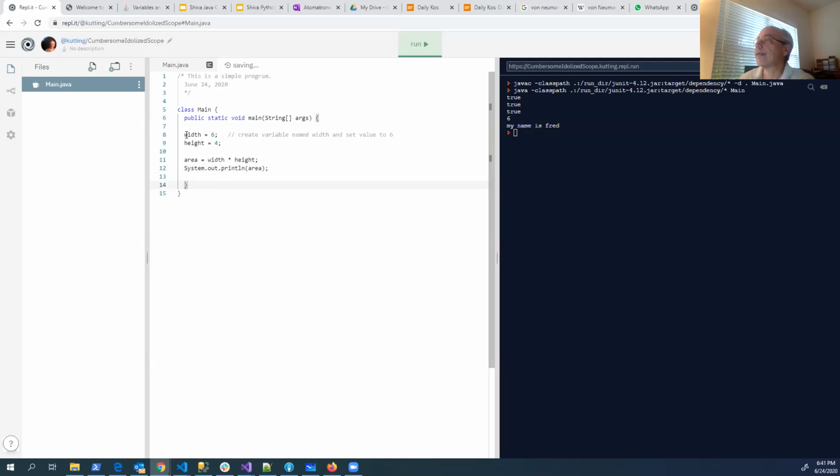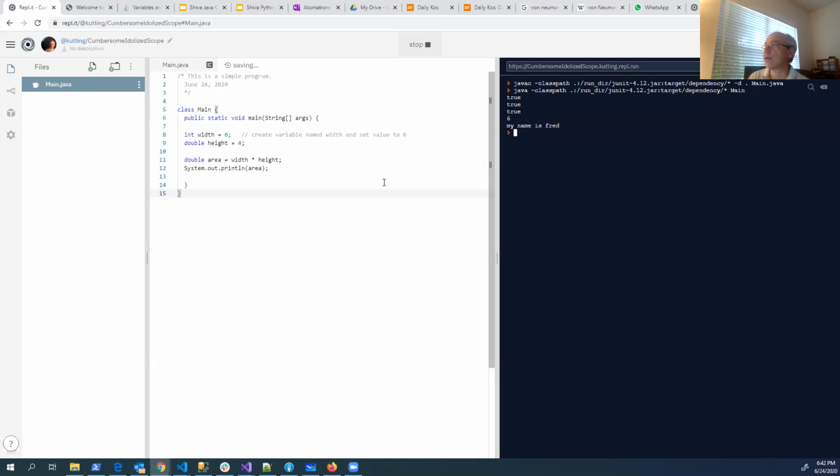The other thing here is that Java requires us to say what the type of the variable is. So we have to tell it that it's going to be an integer, or we could also make it, I think it's called double. Okay, like that. And now we can run this program.